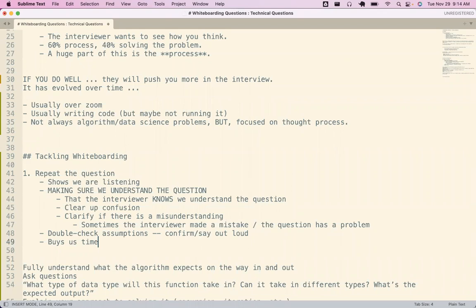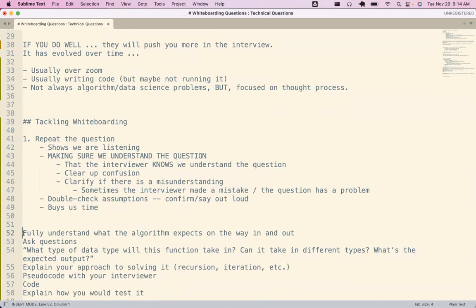I will Google stuff during these questions, because if I'm unsure of how to use .filter in JavaScript or something, that is not what we're being tested on. If we have that memorized, we're being tested on if we're comfortable enough with that to do real work. So if it takes me 30 seconds to Google JavaScript's .filter, I'll confirm with the interviewer that they're okay with that. I'll do a quick Google search, and then I'll get that working and talk about that as I do that. And then if I get stuck, I'll switch gears and use something else like a for loop instead of .filter.